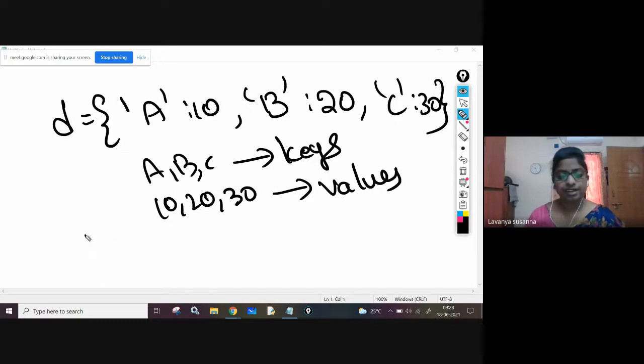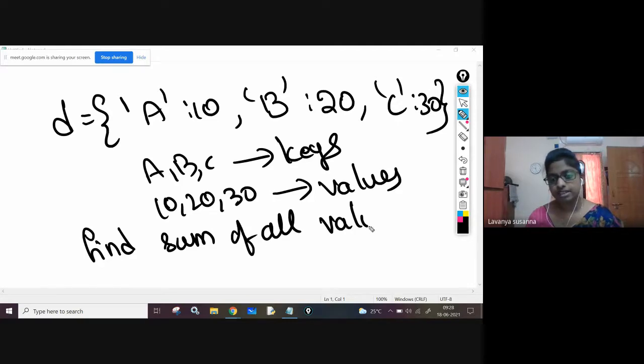Now, if you want to find the sum of all values of the dictionary, what are the values of the dictionary? 10, 20, 30 are the values of the dictionary, right? If you want to find the sum 10 plus 20 plus 30, then use the sum function.